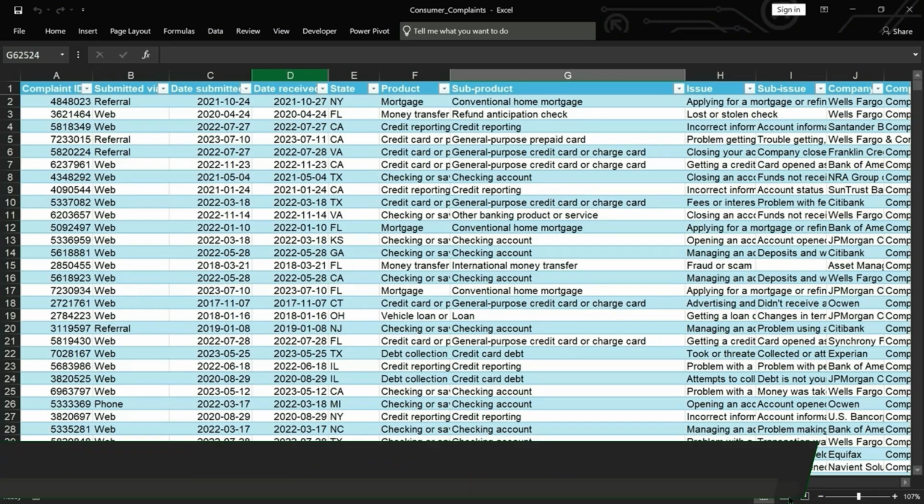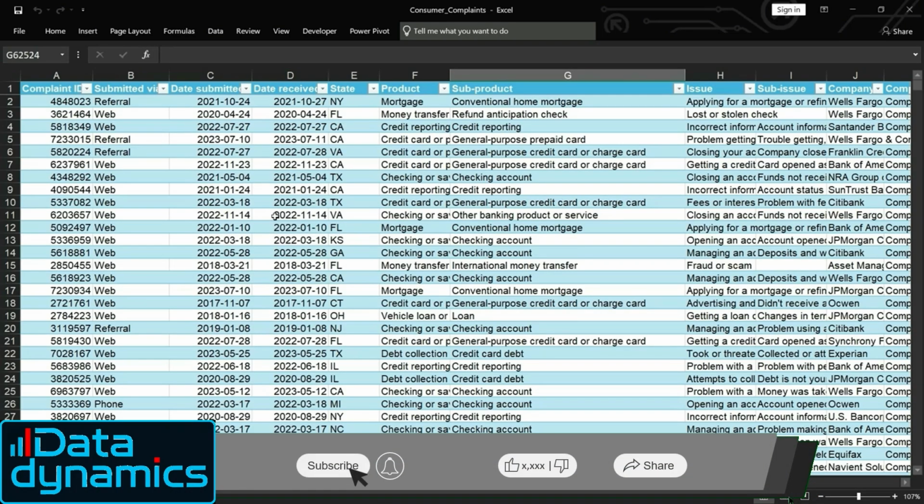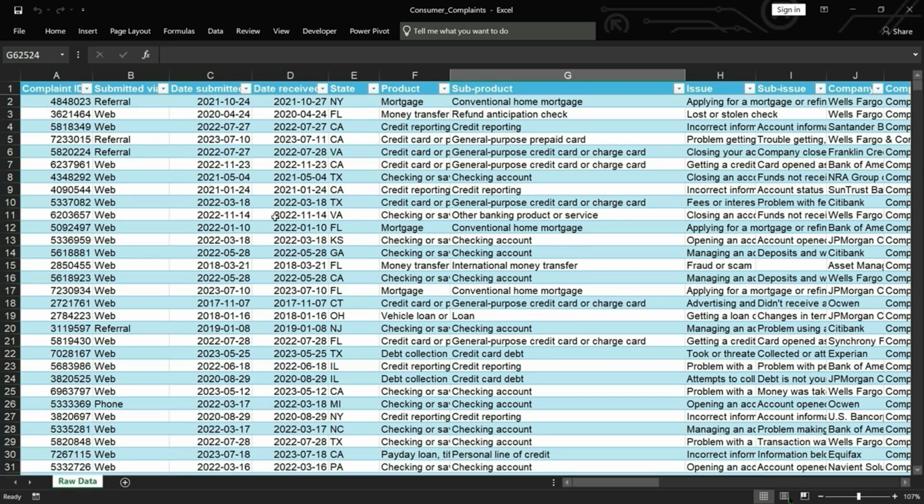Okay, so this is the data set that we are going to analyze for the purpose of this dashboard. And this data set is about the complaints received by financial organizations about their various financial offerings. So if we go on and have a look in the data set, we can first of all see that